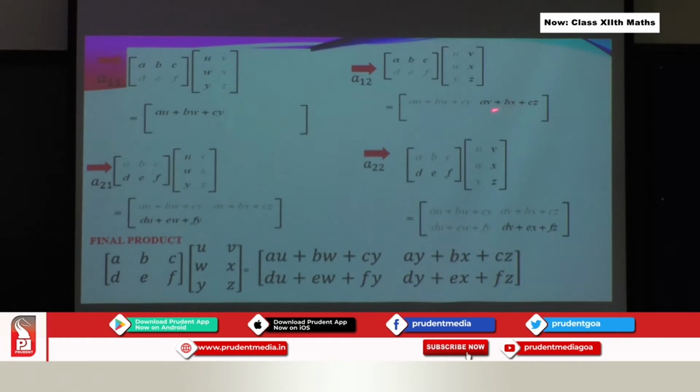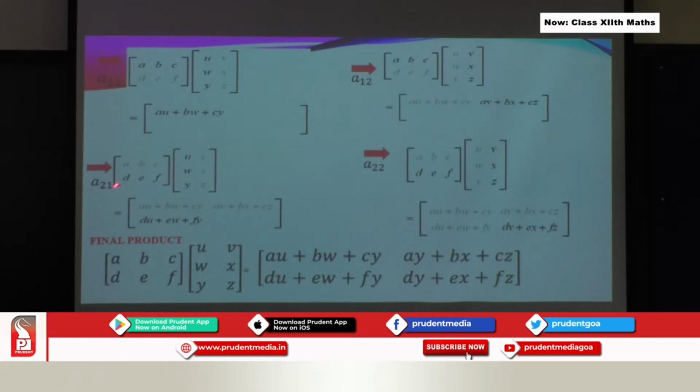Now if you look at it carefully, I am talking about first row only. So you can see the first row I am keeping stable, steady. What I am shifting over here is only the second column. Okay, fine. Now I finished getting the entries of my first row. Now it's time to get entries of my second row.